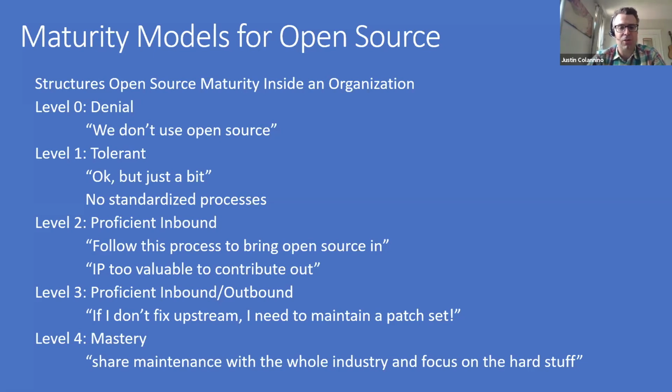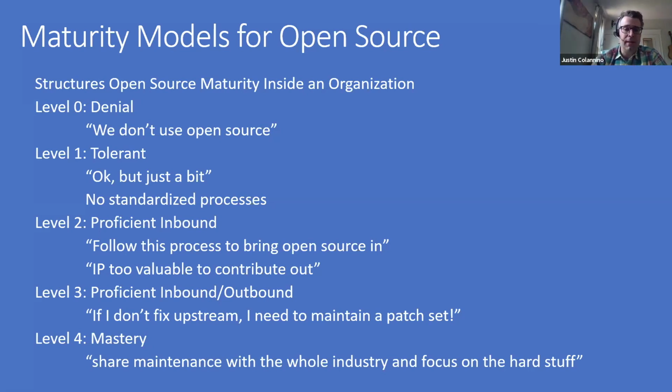And then I think what ends up happening is people say, oh, well, it would save us so much time and energy if we could just use a little bit of open source inside our organization. Then legal gets contacted and they finally get it. They read the license and say, okay, you can use it just a little bit, and there's no standardization. Engineers, when they try to engage with open source, are confused about who to even go and talk to about whether or not we can do this. And every time anyone wants to do something, it causes a lot of organizational churn.